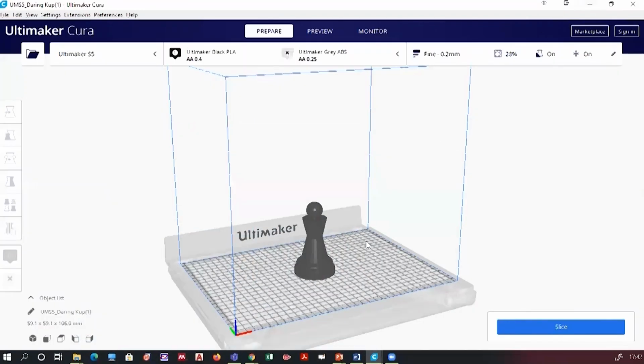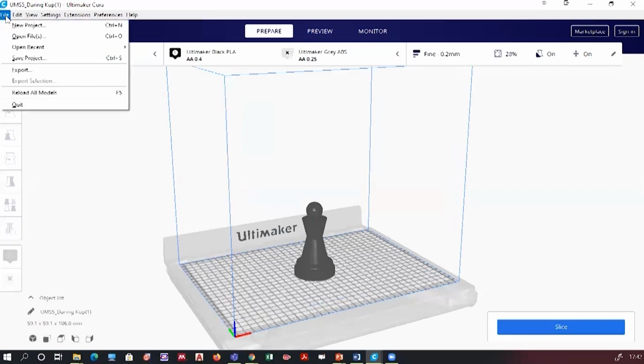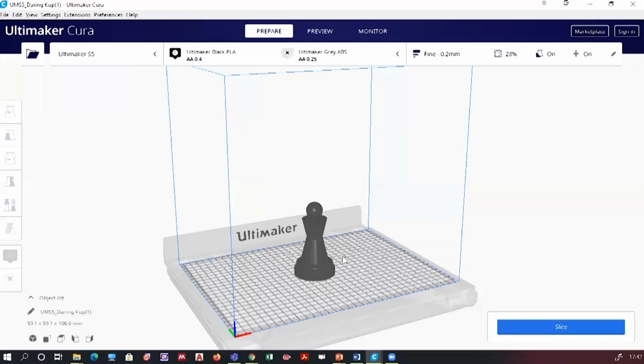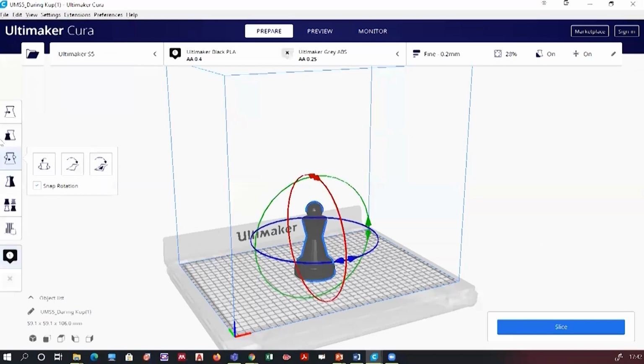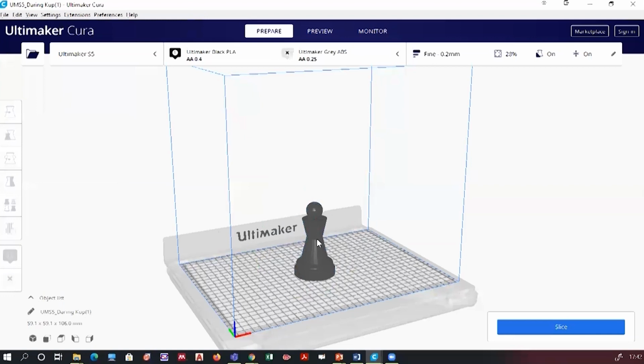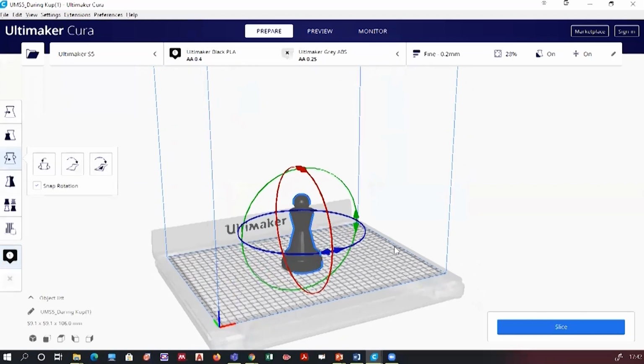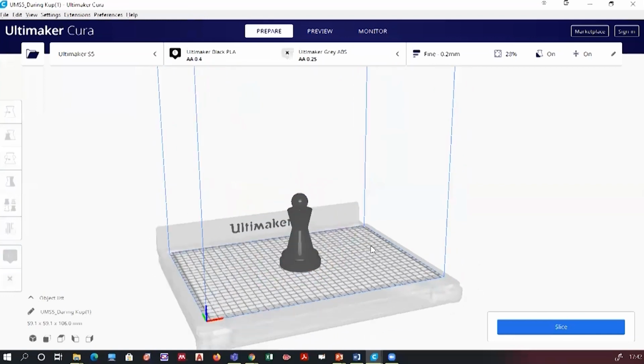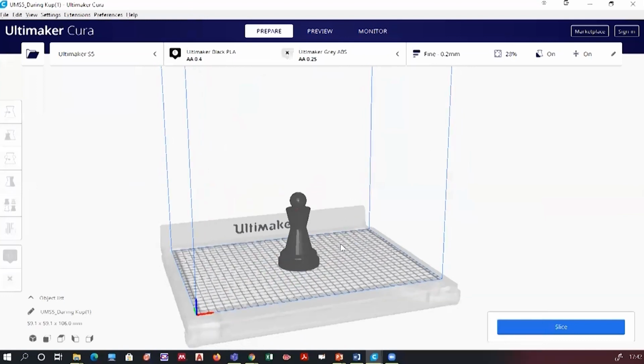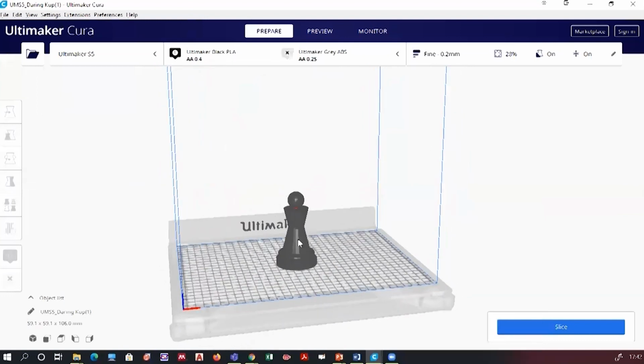Now what happens when I import? I will go to File and open my file. Whatever 3D model I have made will appear over here. This is my printer bed, and the object will be kept over here.